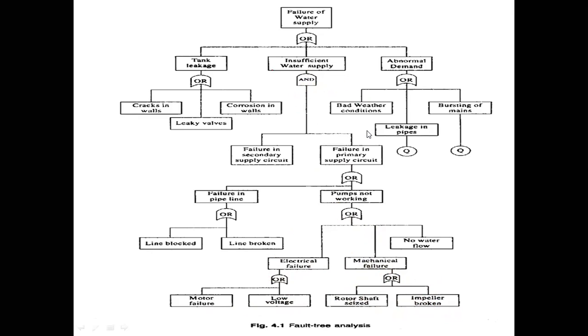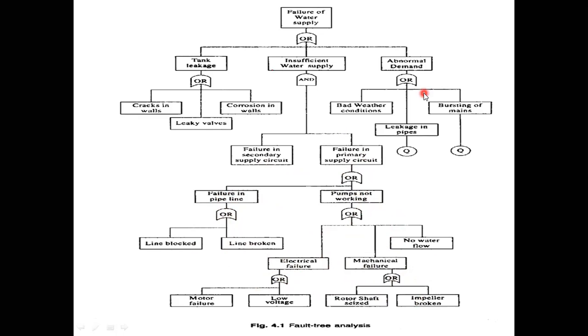Insufficient water supply can result from failure in the secondary supply as well as the primary supply. These are failures in the pipeline and failures in working. And again, it is divided into different types of failures. That is electrical failure, mechanical failure, lines broken or blocked, like that it is going to be divided. Okay. And next one is